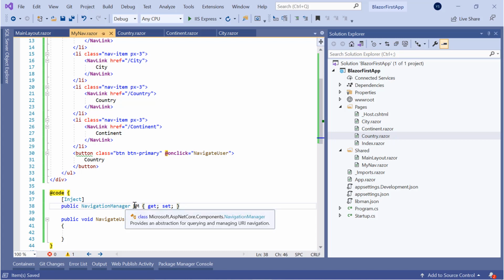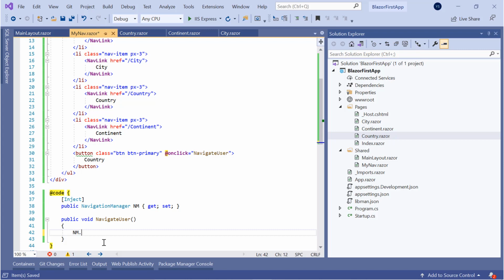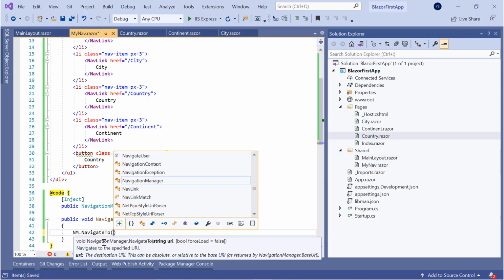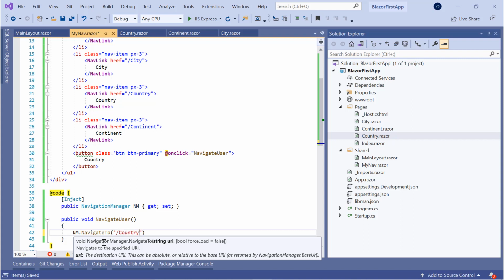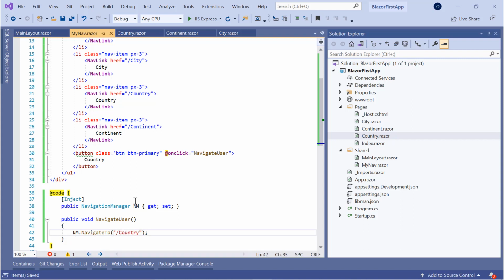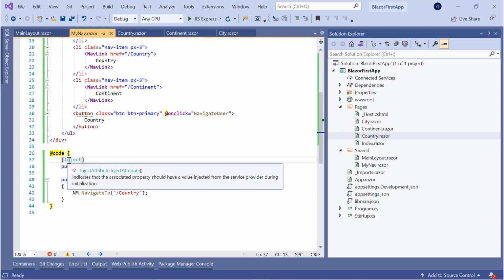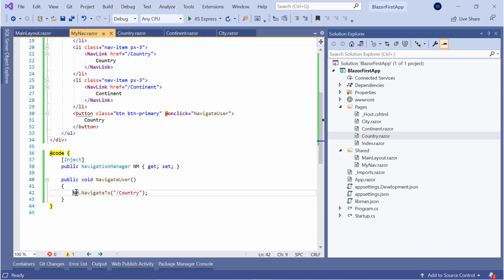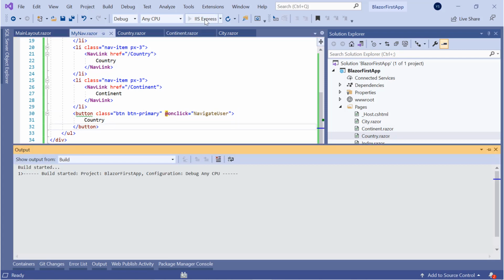Okay, so now you can use it, nm.NavigateTo, and you write country. So this is very simple. You just injected it and you navigate to the country.razor component on the click of the button. So now run it and see how it works.